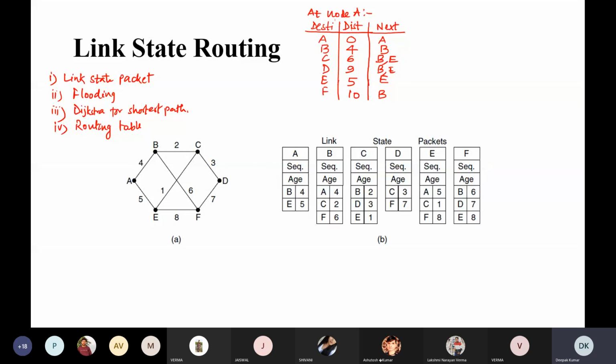This routing table has the distance vector as well as the next hop, via which node it is going through, and some more information, that is sequence number, time, TTL, time to live, or the age. You can see these packets. Link state is similar to the distance vector only, but with the extra information, that is sequence number, age, node, and distance. All this information is shared by each node with the adjacent node. That we will discuss in the next lecture.